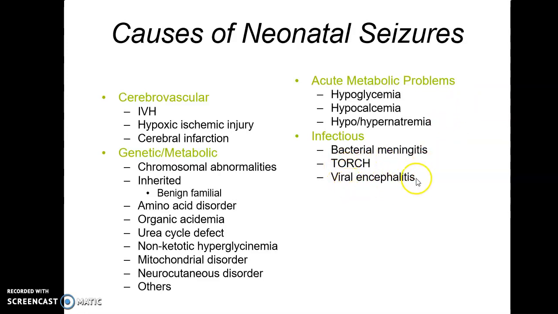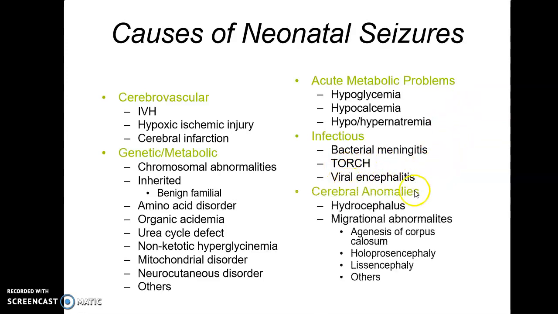infections, viral encephalitis, cerebral anomalies such as hydrocephalus, which we already discussed in the earlier classes, migration abnormalities. These are all structural anomalies. Agenesis of the corpus callosum means underdevelopment of the corpus callosum. The corpus callosum does not mature. Holoprosencephaly, lissencephaly, all related to abnormalities in the structure and the shape of the brain